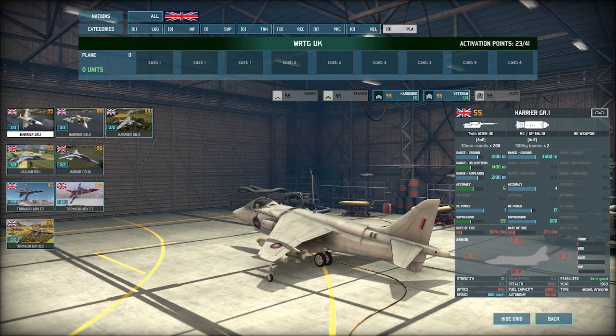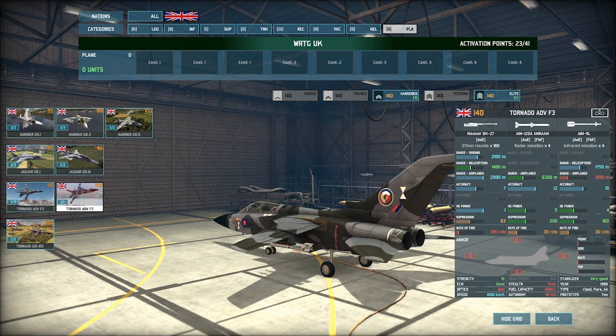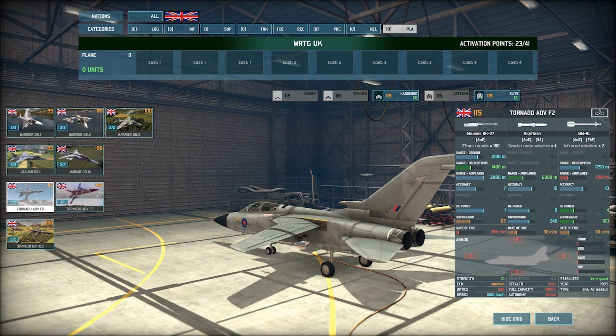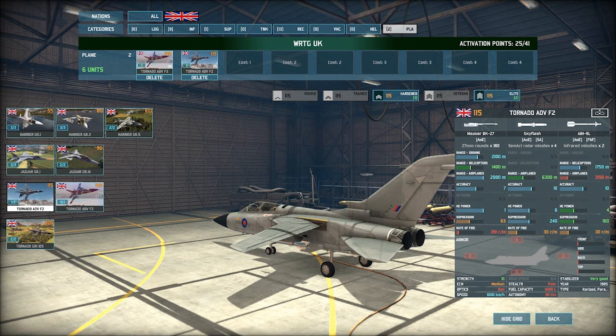Now, first off, we're going to need to make sure we get... Oh, okay, that's nice. We got 3 F3s, nice, and 3 F2s as well. Ooh, okay, that's cool. So let's definitely grab a card of the F3s, and grab a card of the F2s as well, so we can get our air defense going. Now, what else have we got here? So we've got,